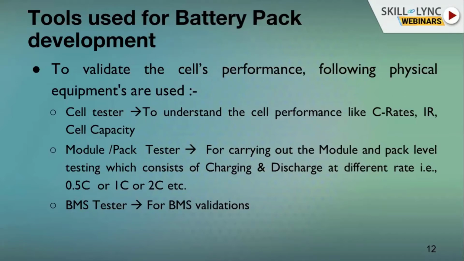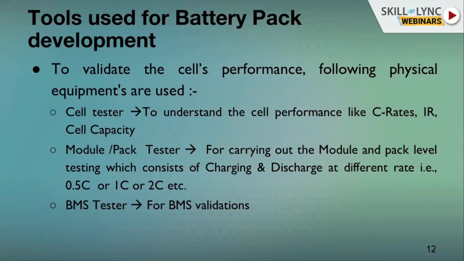So if some cell is getting charged, the BMS will stop it from getting overcharged. It will go up to its limit and stop there, and wait until all the cells reach that level. For example, let us assume an NMC cell, which while charging has an upper limit of 4.2 volts, and there are 14 cells. Say cell number 10 has reached 4.2 or 4.1 volts, which is its set voltage, and the other cells are still at 3.9.